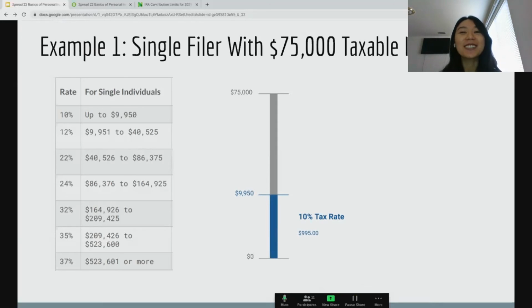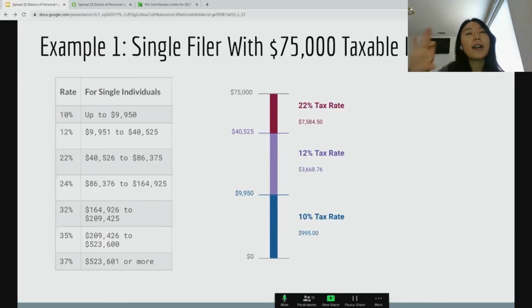$100, yeah, dollars. And then your next chunk of your $75,000, that's taxed at 22%, which is $3,668.76. So the IRS doesn't really care about cents, but for this computation's purposes, I'll include them. And your last chunk is taxed at 22%. So of your $75,000, each bracket is a chunk of your income and is taxed at a different percent. If you add this all up, it's only